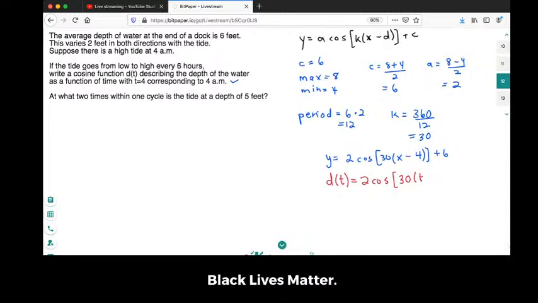D as a function of time equals 2 cos parentheses 30 bracket t minus 4 bracket plus 6. On a test, if you don't put it in this format, and again it varies based on your teacher, you all go to different schools, I'm assuming, but in university, for sure, you will lose marks because this is also part of most